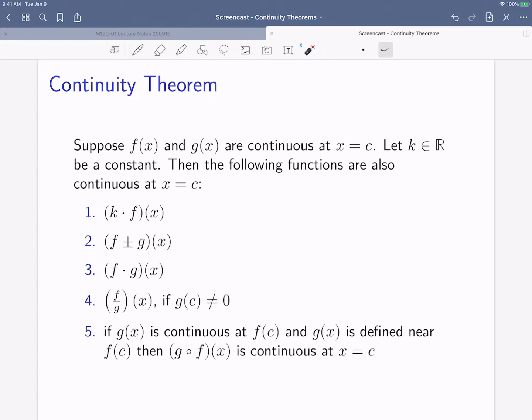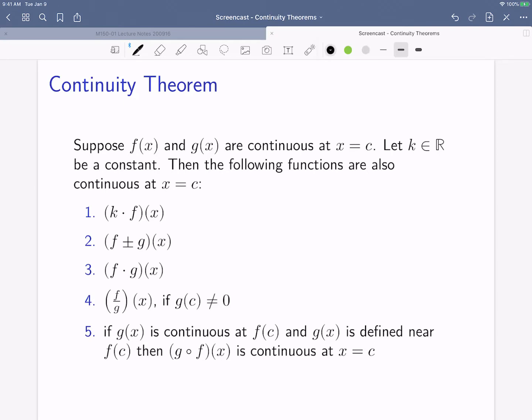The conditions for a composition to be continuous are slightly different. It's not as simple as saying the two functions are continuous at the same point. We say the second function, g, is continuous at the output of f at c, because that's going to be the input of the composition. And then we want to make sure that g is defined near that value. So if g is continuous at f of c and g is defined near f of c, then the composition is well defined and it's continuous at x equals c as well. What I'm going to do is explain why a couple of these are true. But before I do that,